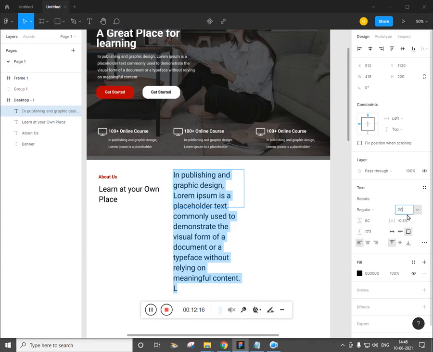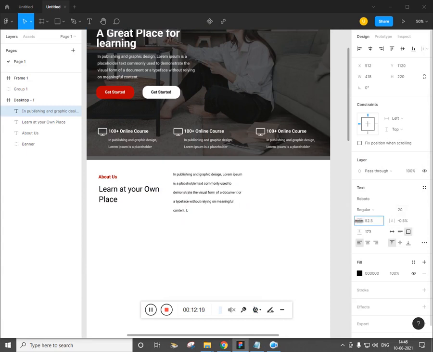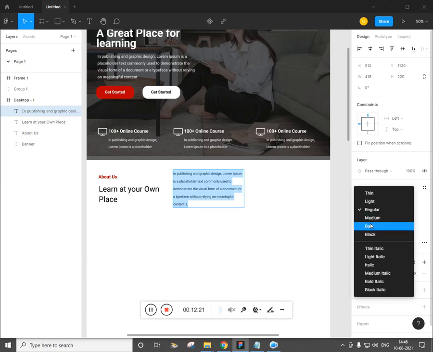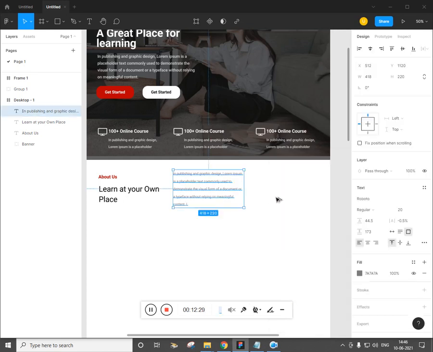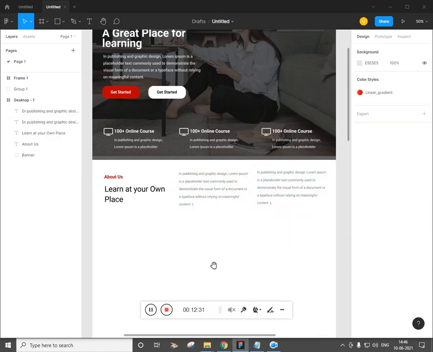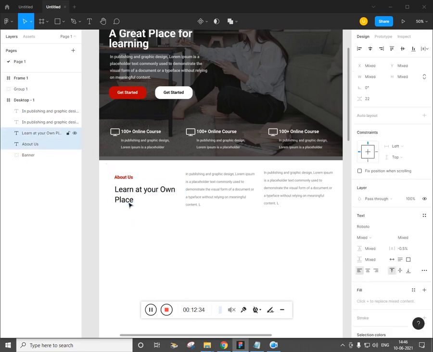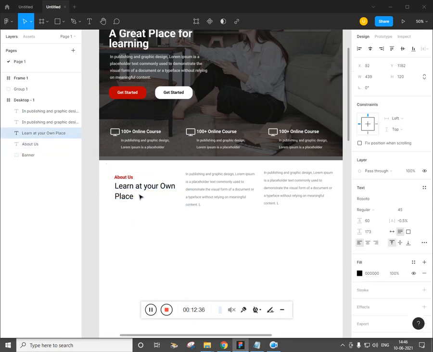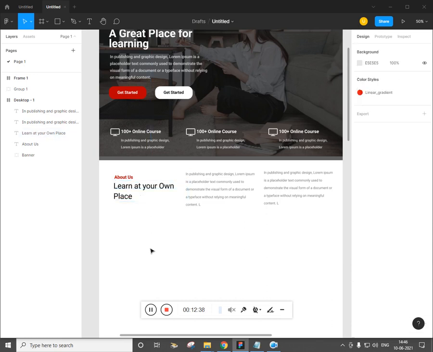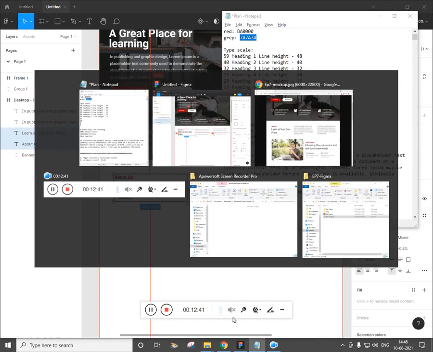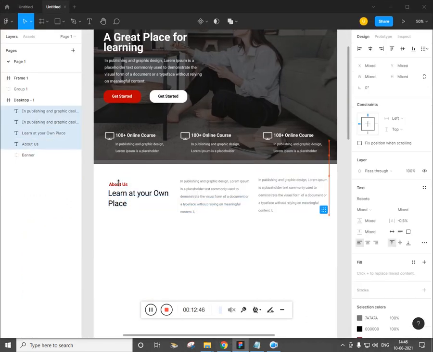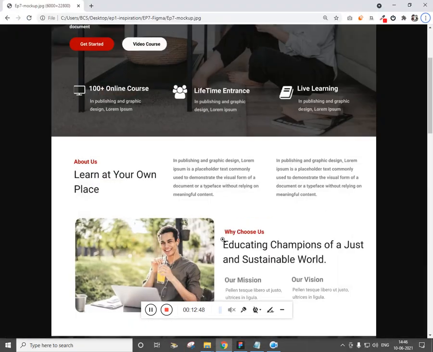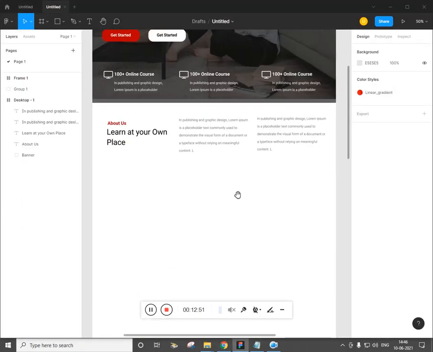and make it size 20, and let it be regular, and I want the font color to be gray. Now alt drag again one more time, select these two, and I don't want more space at the top. Cool, make it a little small, get some space. So I leave the alignment to you, I'm just showing you how to create it.